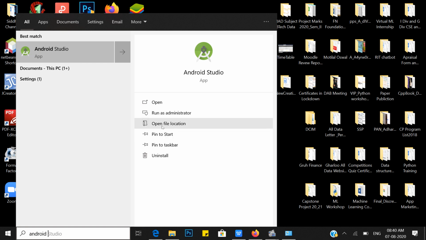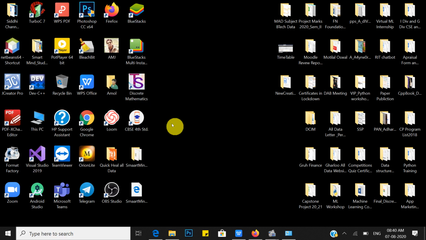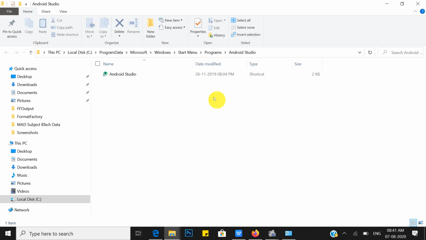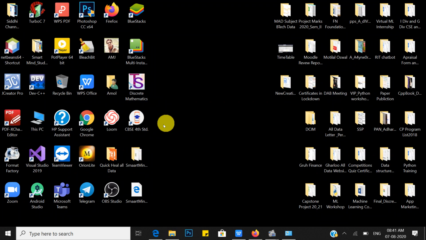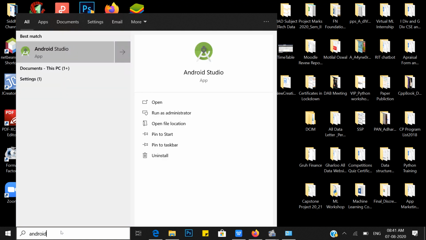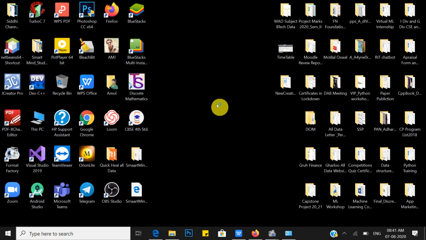If you want to open the file location, just click Open file location. It shows where Android Studio is installed. On my PC, it is in C program data, Microsoft, Windows, Start Menu, Programs, Android Studio. It gives you the location where your Android setup shortcut is present. Great. After installing, just type Android Studio and click on it.